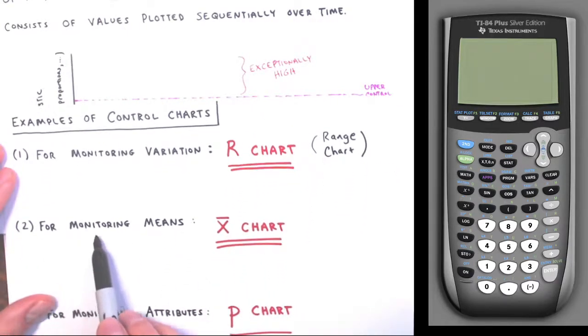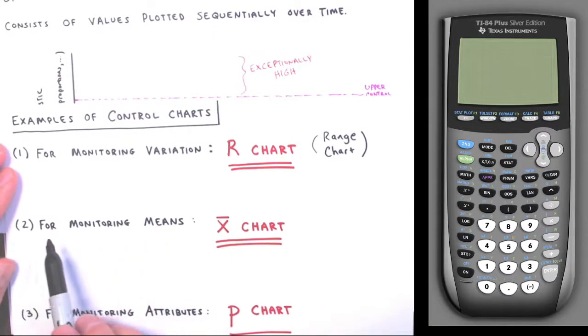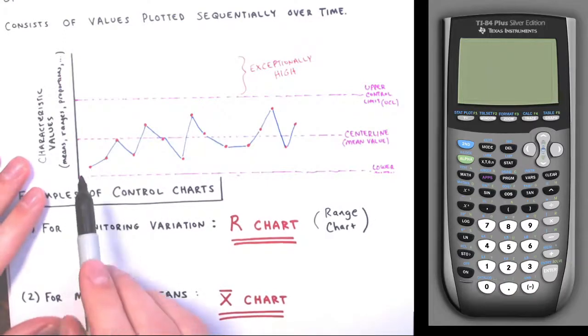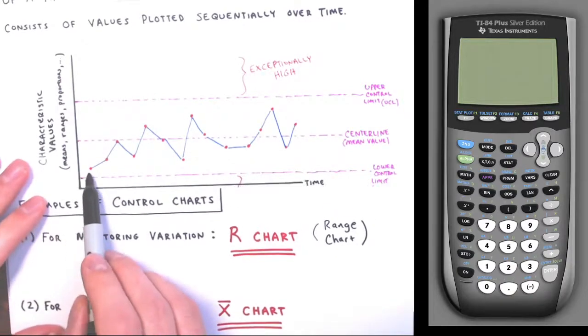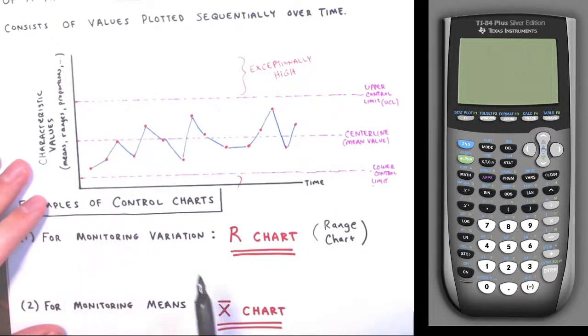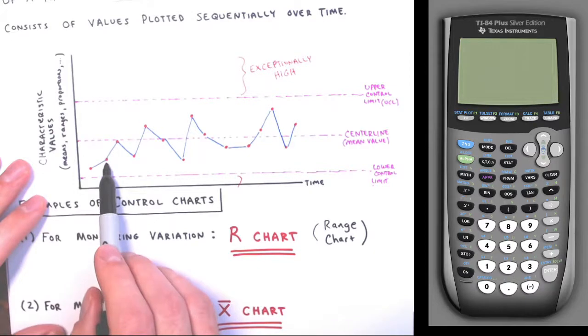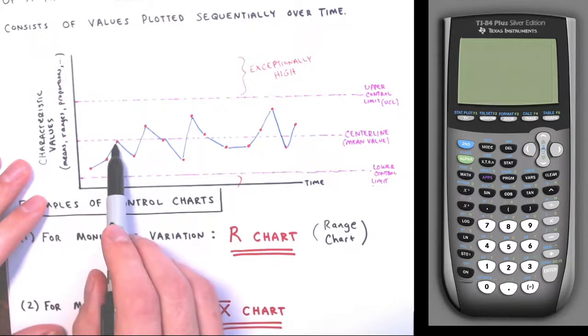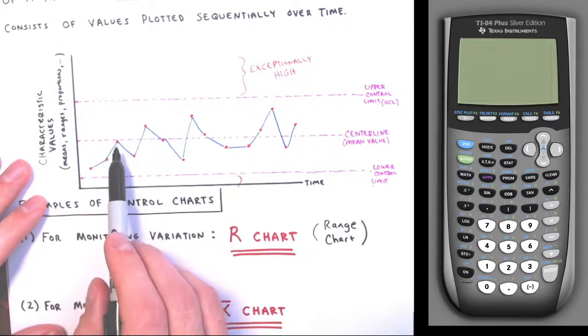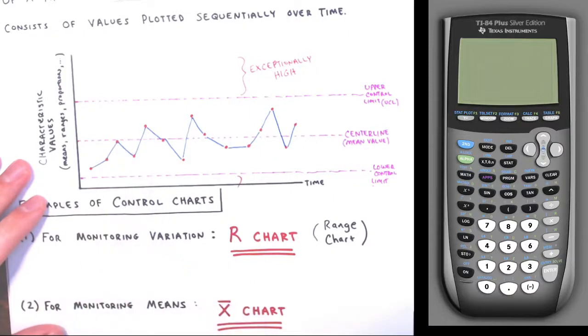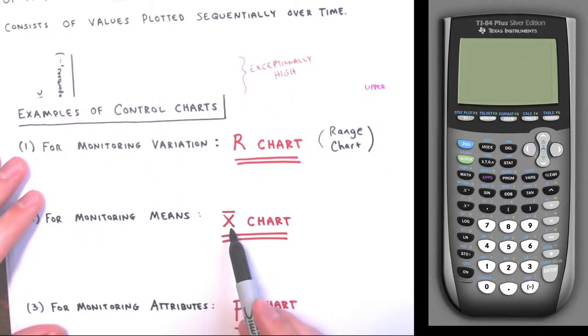Then there's another control chart where we just simply monitor the means of the data. Right? So again, like I was saying earlier, first day I take 20 bottles and find their mean, the mean of how much they're filled. Next day I take a group of bottles, find their mean. Next day I take a group of bottles and find their mean, and so on. All right. This is called an X bar chart. Remember, X bar was usually used for sample mean, right? This is a mean chart